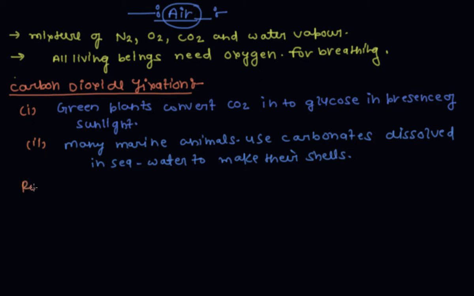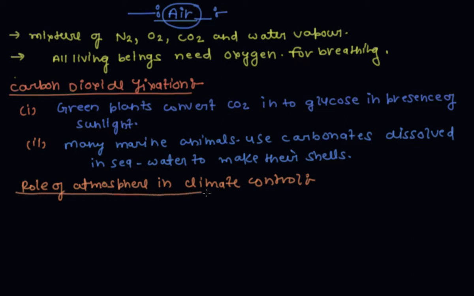Now discuss the role of atmosphere in climate control. Atmosphere covers the earth like a blanket. We know that air is a bad conductor of heat. So the atmosphere keeps the average temperature of earth